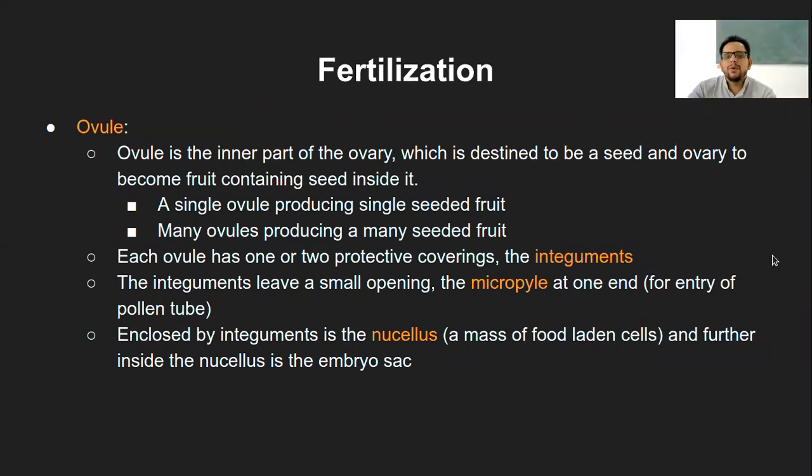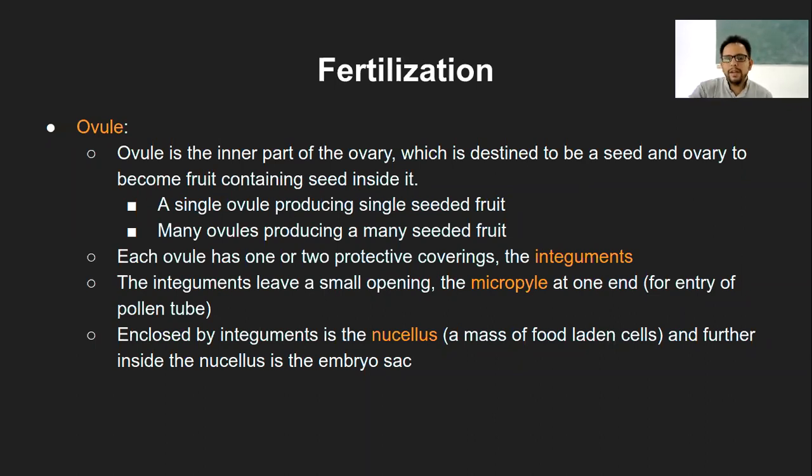Okay, perfect. Thank you. So the next gamete, that is the female gamete, is the ovule. Now we'll look at the structure of the ovule. The major difference between the pollen grain and the ovule, or the male gamete and the female gamete in the flowering plant, is pollen grain is single cell, while the ovule is multiple cell or multicellular, right? How we will see that?